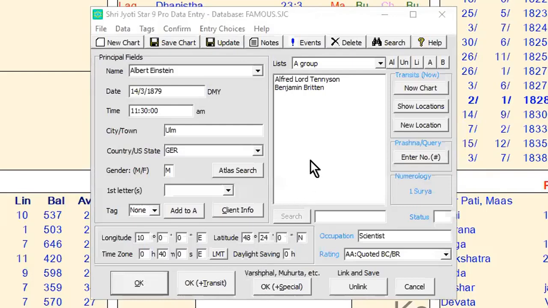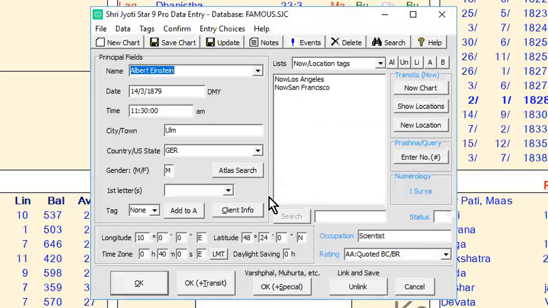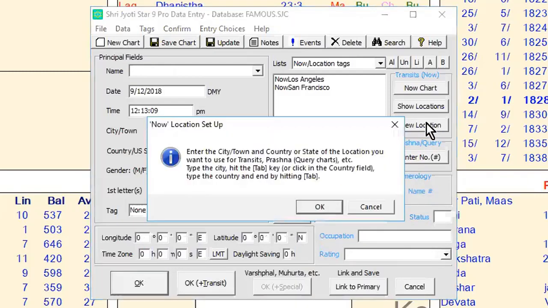So for example, if we click on show locations here, we'll see the list of locations that are already entered. This particular database only has Los Angeles and San Francisco. So suppose we happen to be in Boston, we could click here, and it tells you that all you have to do is type in the name of the place and the state, and it'll do the rest of the